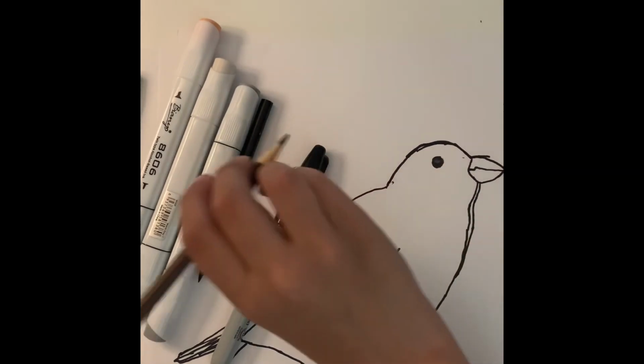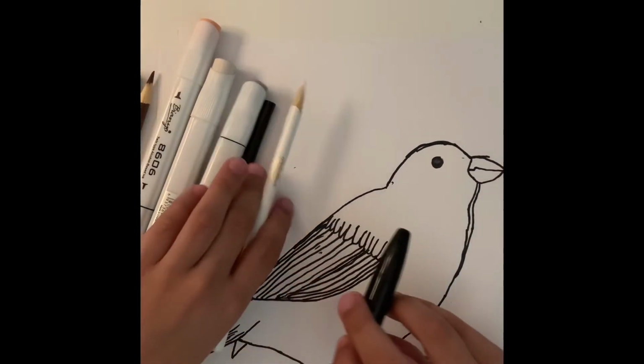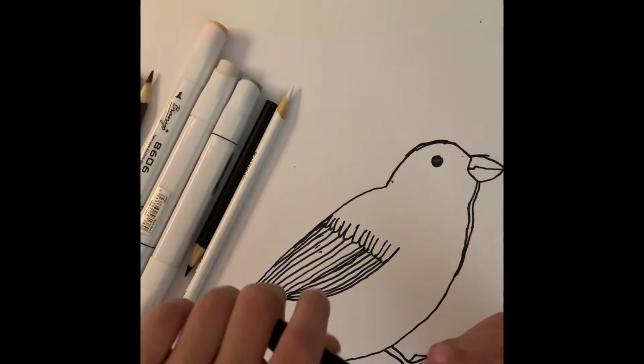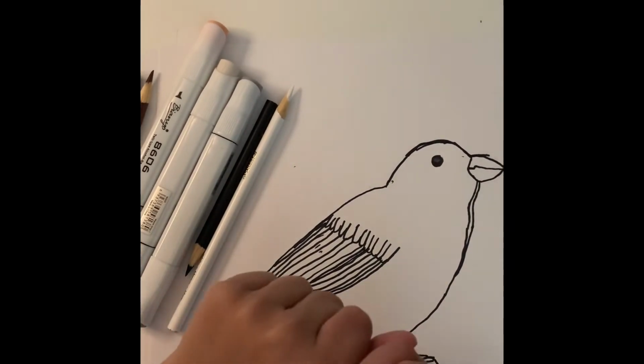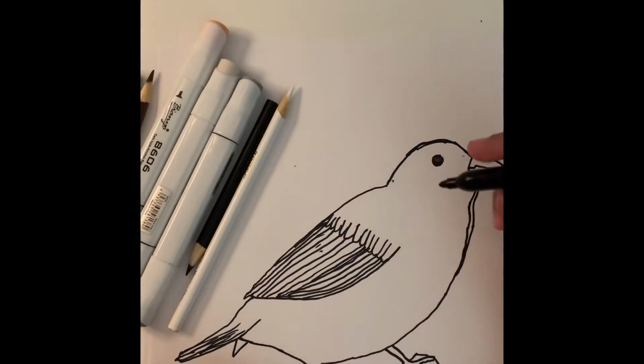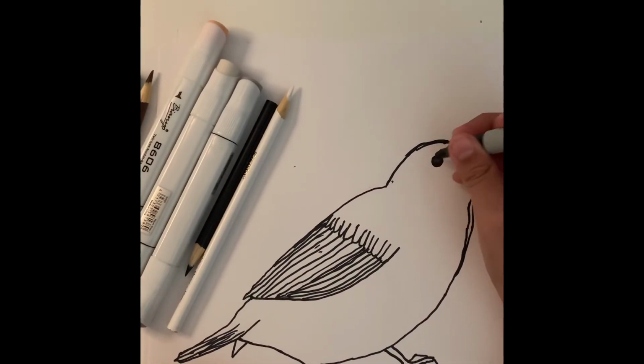Okay, next we're gonna get our black marker, which is my Sharpie marker, the one I draw with because I don't have a black marker. That's bang for my markers. And the green I'm gonna try it out. But we're gonna do this thing. We're gonna do a little